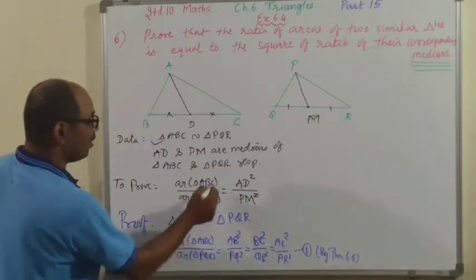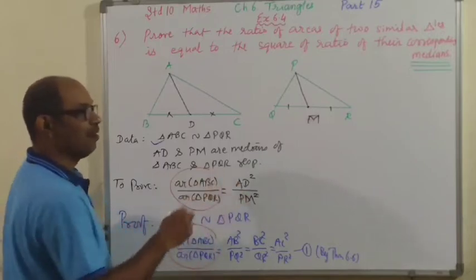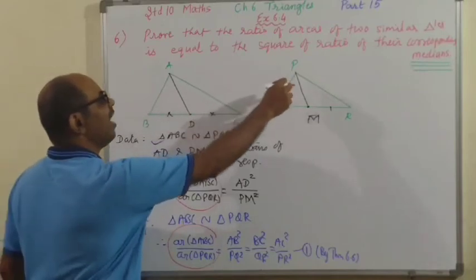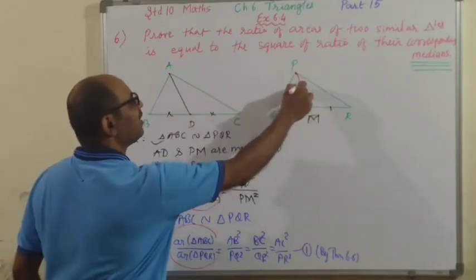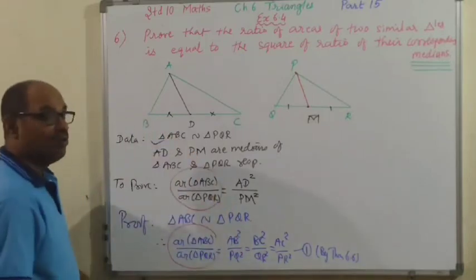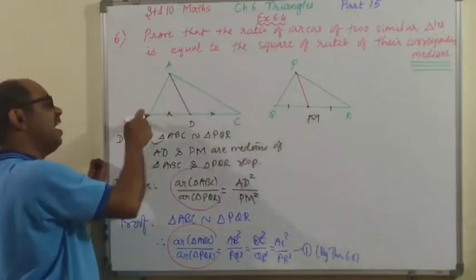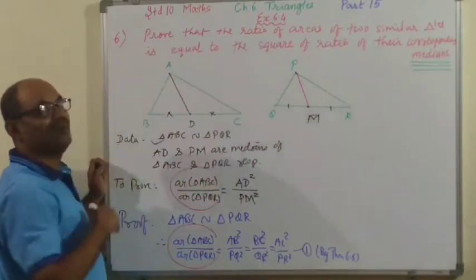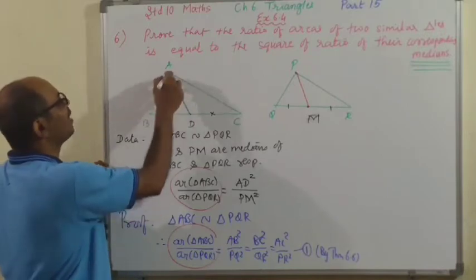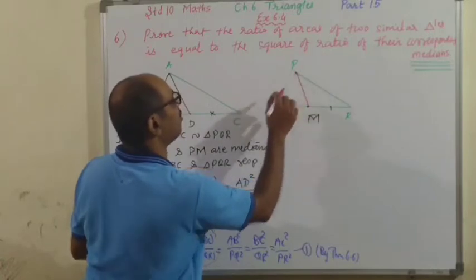Children, ये ratio मिल गया. You can see, but AD square upon PM square नहीं मिला. This AD और यहाँ let me say PM write कर देता हूँ. Alright? Now, AD upon PM is AB upon PQ. वो प्रूव करना पड़ेगा. तो यहां मैं ब्लैक कर दूं AB को इन्वॉल्व करके, यहां PQ को रेड कर दूं